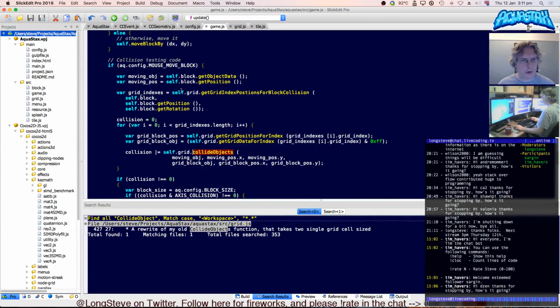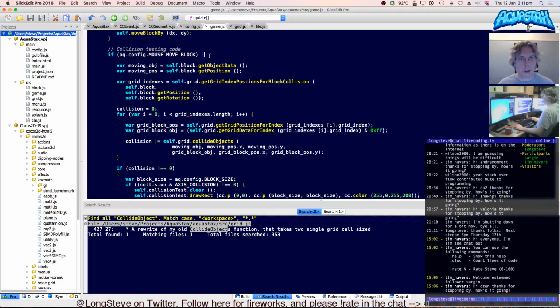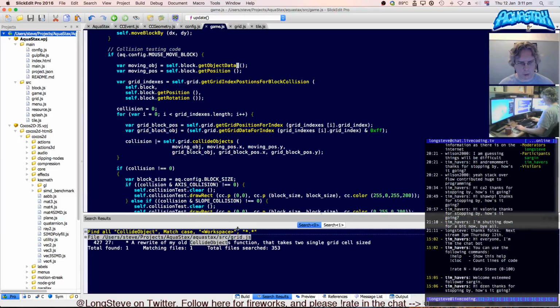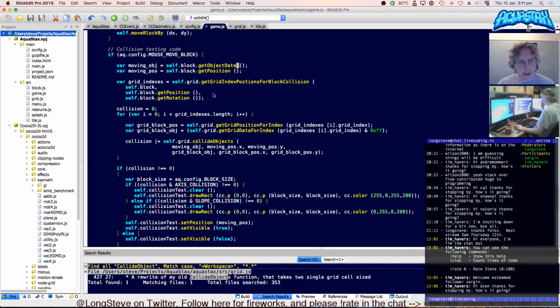So this is just using my condition that allows me to do some testing. And I get the position of the moving object and the data. Get object data, that's just the tile data, so whether it's like a 1 or a 3 or a 4 or a 0. Grid indexes: get grid index positions for block collision. Self.block. So that's where the